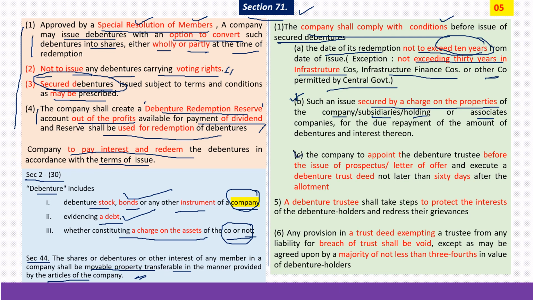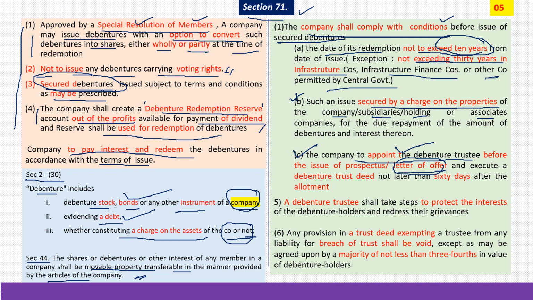Then third point it says, before issuing the letter of offer in respect of debentures, the company has to appoint a debenture trustee. Debenture trustee is the representative of debenture investors, and he has to be finalized before the process starts. Therefore, they say letter of offer has to be issued only after you appoint the debenture trustee,